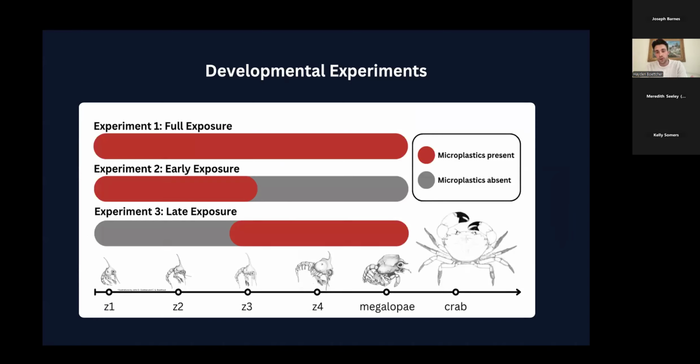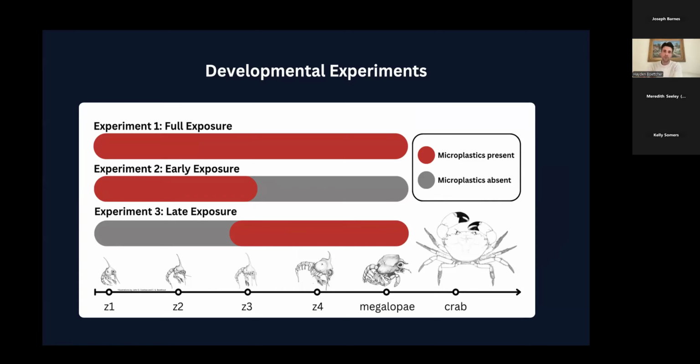And so for those of you who don't know too much about crabs, crabs undergo this really interesting metamorphosis as they work their way through development. And so they all start as what we call Z1 larvae, and they molt in very distinct steps from Z1 all the way up to Z4, and they get bigger and change their morphology as they go. Then they morph into megalopae and finally into what you would recognize as an adult crab. And so what we wanted to do was expose the larvae across their development here all the way through megalopae.